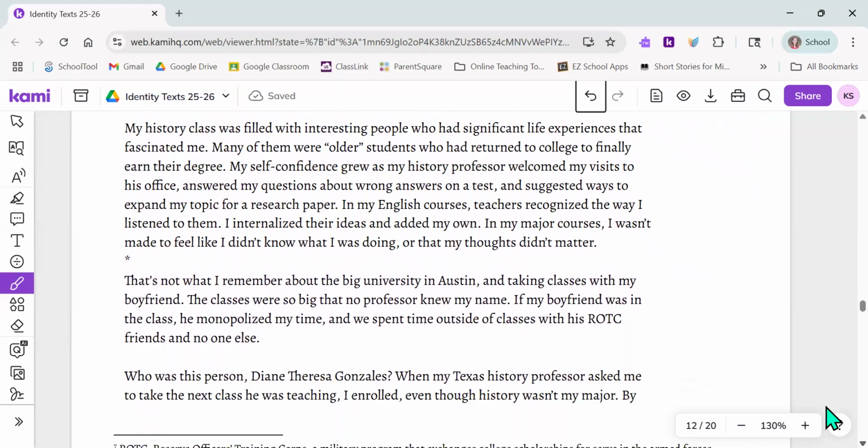My history class was filled with interesting people who had significant life experiences that fascinated me. Many of them were older students who had returned to college to finally earn their degree. My self-confidence grew as my history professor welcomed my visits to his office, answered my questions about wrong answers on a test, and suggested ways to expand my topic for a research paper. In my English courses, teachers recognized the way I listened to them. I internalized their ideas and added my own. In my major courses, I wasn't made to feel like I didn't know what I was doing or that my thoughts didn't matter. So what I have here is a lot of the students seem to be